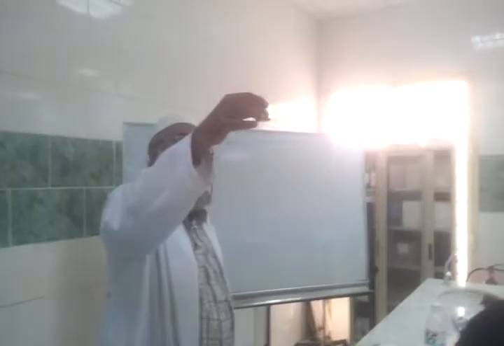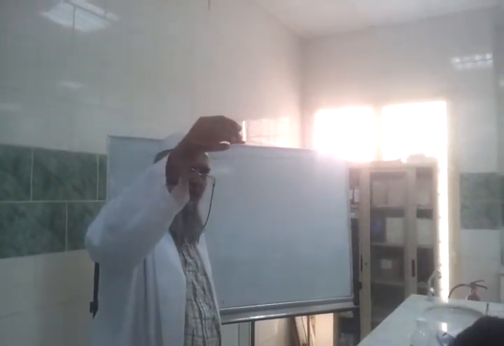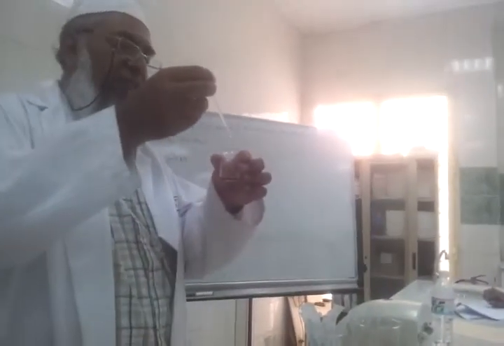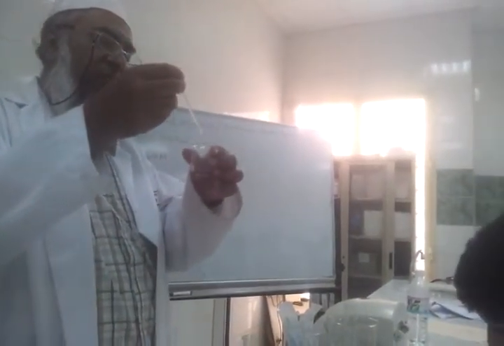Right? First step, we will take 2 ml unknown solution. Second step, add 2 drops of litmus solution. Third step, we will take 25 ml sodium hydroxide here. Now in the fourth step, we will take the sodium hydroxide from this 25 ml and start adding here and keep on shaking.